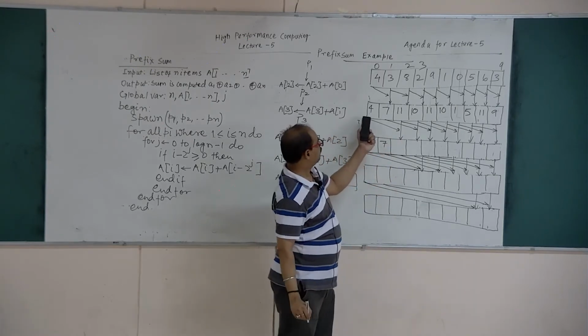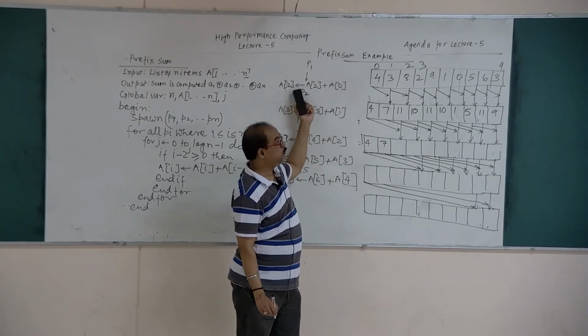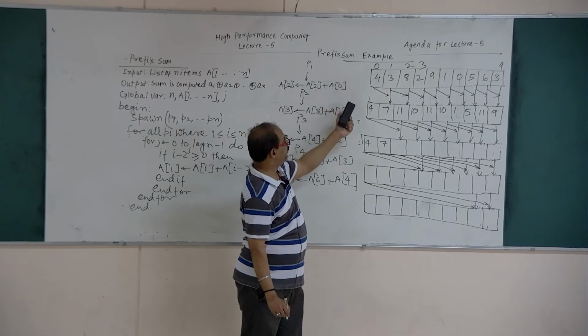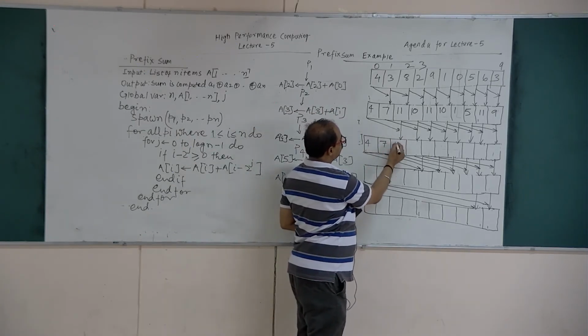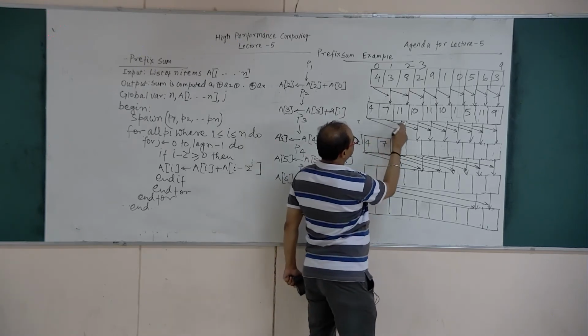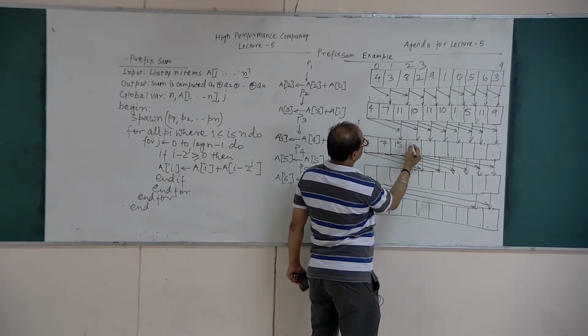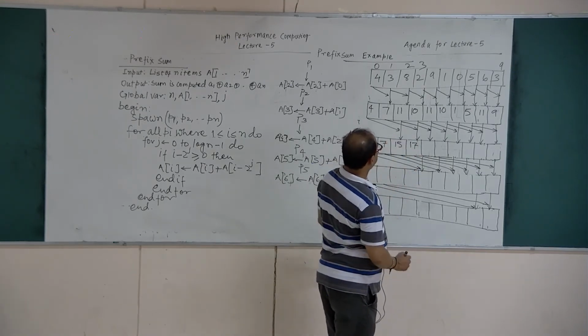Next the processor P1 is adding the element at A2 with A0, so you can see 4 is added with 11, so it becomes 15, and 7 is added with 10, so it becomes 17, and 11 is added with